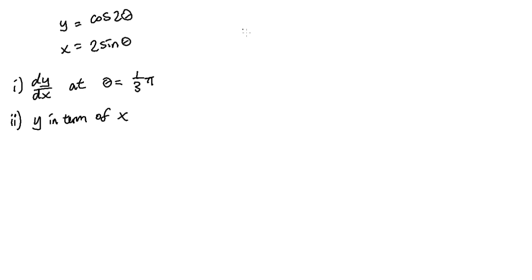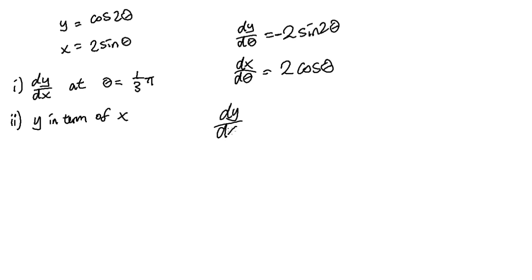So dy by d theta is negative 2 sine 2 theta, and dx by d theta is positive 2 cos theta. To get dy by dx, you divide dy by d theta by dx by d theta, so you get dy by dx equals minus 2 sine 2 theta divided by 2 cos theta,